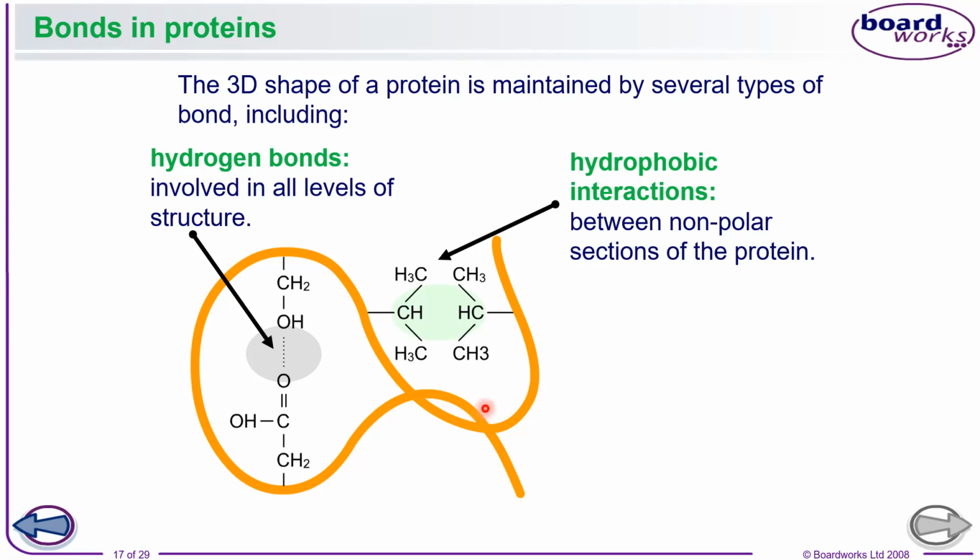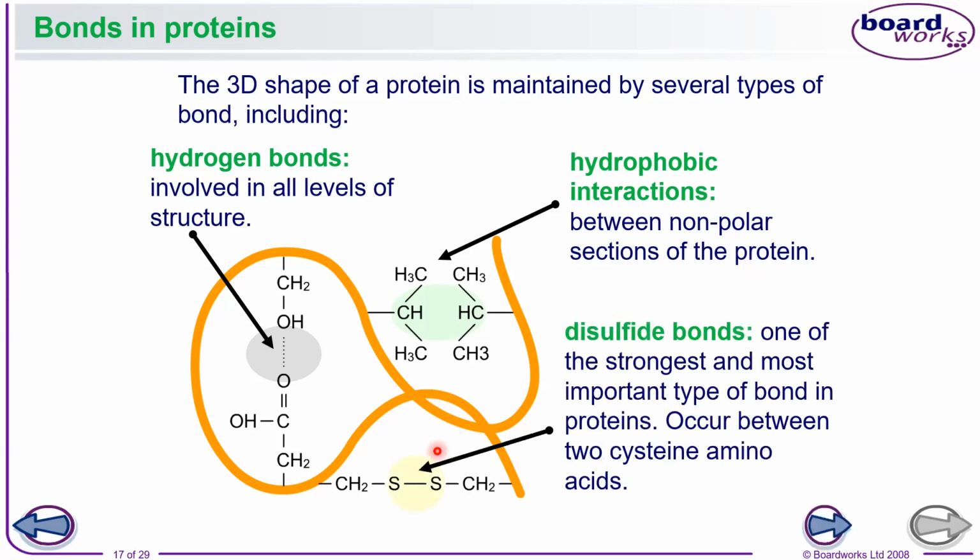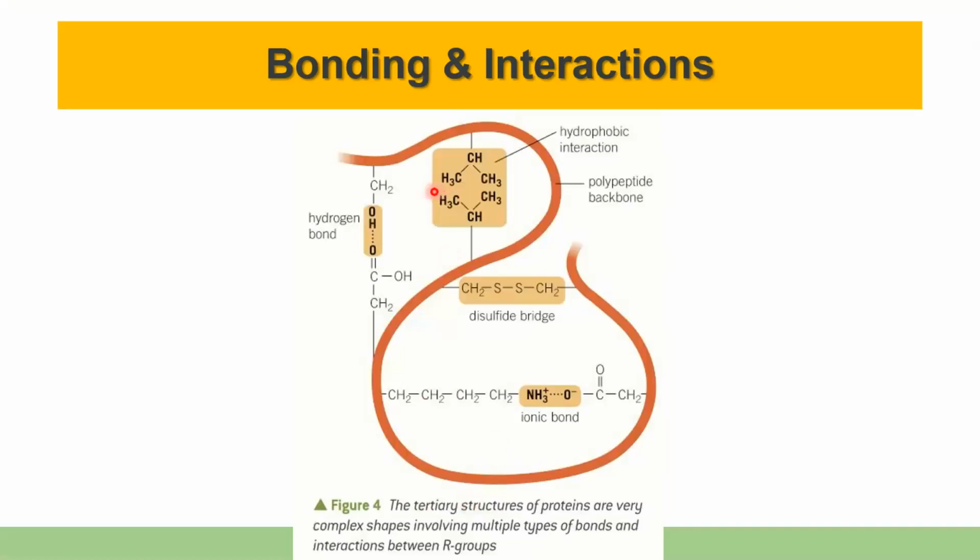Okay, we'll talk about that also in a while, but hydrophobic interactions are there in the center. They are formed between non-polar sections of the protein. Here they have shown you the disulfide bond, and this is actually the strongest bond. It occurs between two cysteine amino acids, so you have to remember this. Between two cysteine amino acids there will be disulfide bonds. And again a closer look at the types of bonds. So hydrogen bonding, disulfide, hydrophobic, and hydrophobic you can see are towards the inside. And then we have these ionic bonds here.